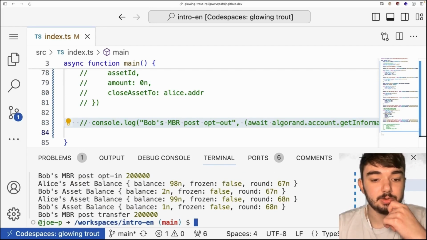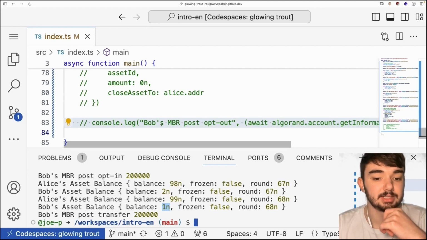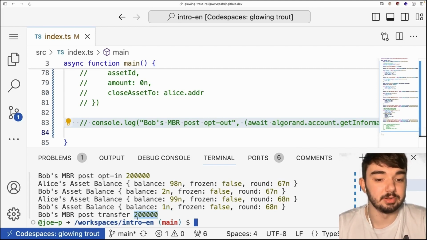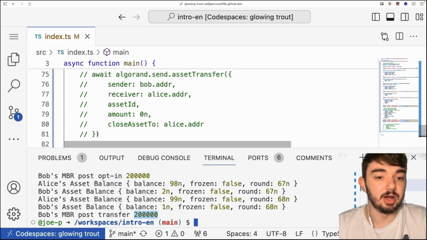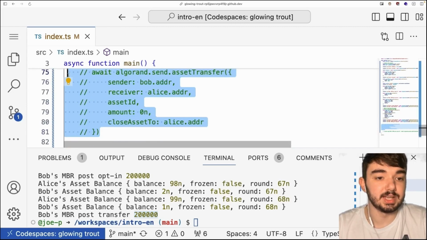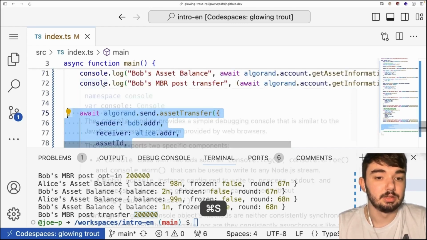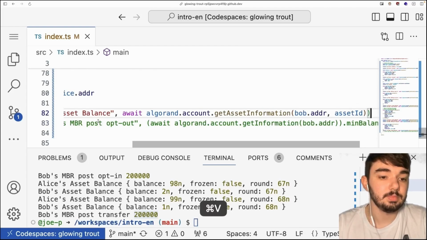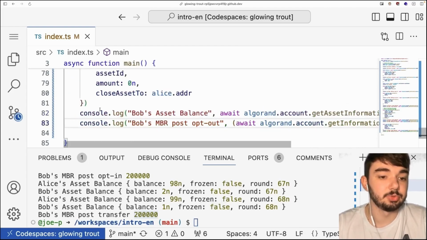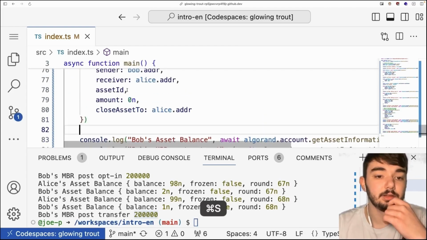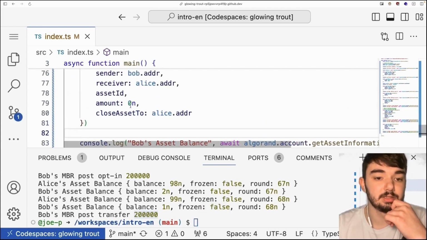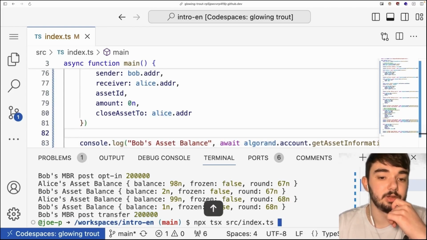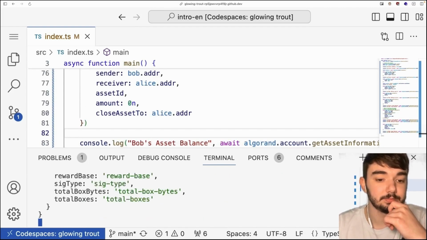Bob originally has 2, he sends 1 back. So now at this point, Bob has 1 of the asset and his minimum balance is still 200,000. If Bob wants to get rid of all of his assets, he can do a closeout. And what this will do is it will send all of the remaining assets to whatever address we specify here. So if I go ahead and run this again,